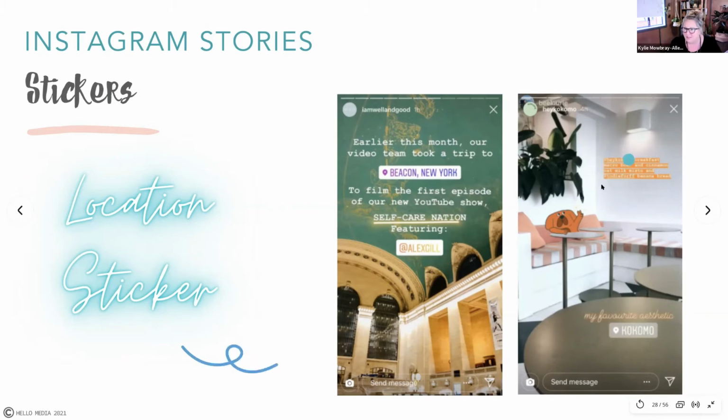Okay, this one over here is the example. They've put the funny little dog as a sticker on there, which is cute. And then they've been talking about the breakfast bowl, etc. And then they've tagged people within that post. And then they've said my favorite aesthetic. And then they have tagged the location of this cafe. So again, those people would also get a notification. And of course, we can click on that Kokomo and go straight there and find out exactly where they are. Look at the maps of how to get there and stuff too. So very, very clever use of the location sticker.